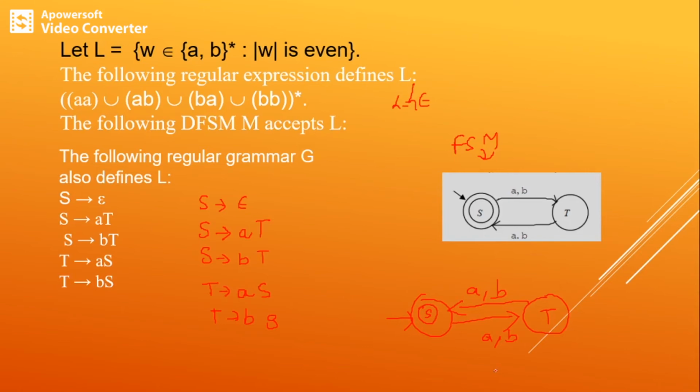Now suppose I want to verify some strings like AA, BA. How do I do that? Start from S, always start from the start state. Then what should your first character be? A, isn't it? So look further at the rules that have S, because you are starting from S. S gives AT. Apply S gives AT.